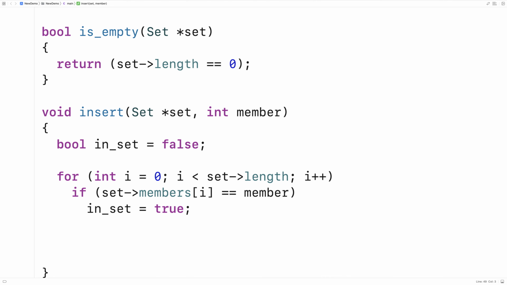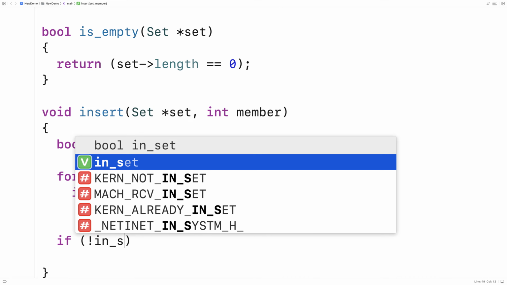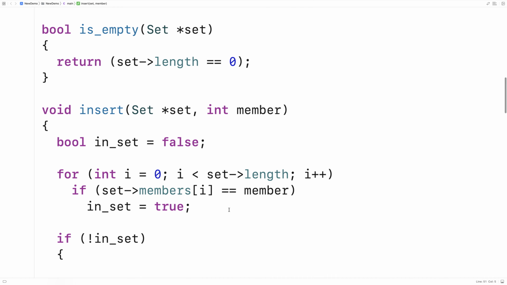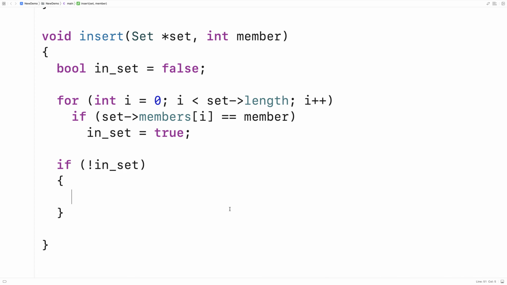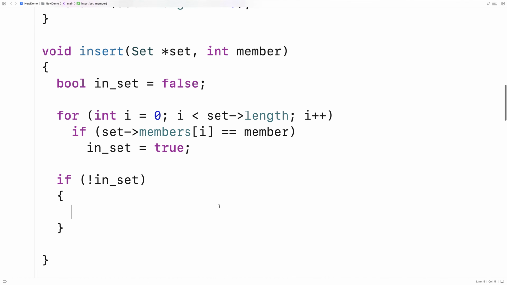And if the element is not in the set, we want to insert it. If it is in the set, we don't have to do anything because it's already in the set. We can just leave it alone. So if the element is not in the set, then at this point, we want to insert the element into the set. So inserting the element into the set is actually going to be a little bit tricky, because what